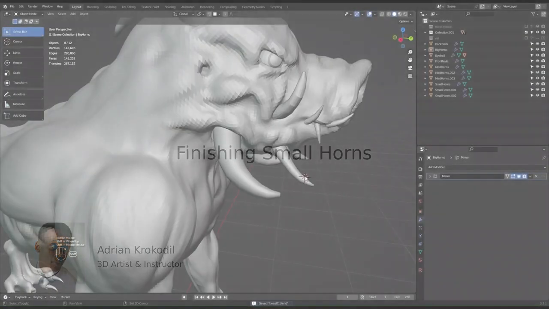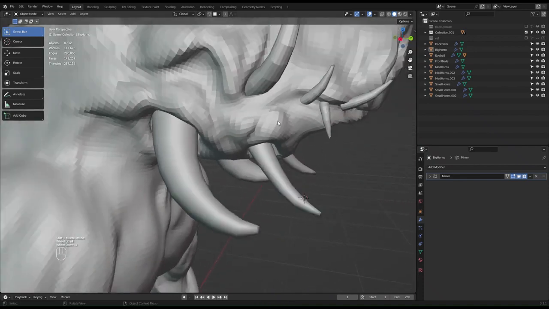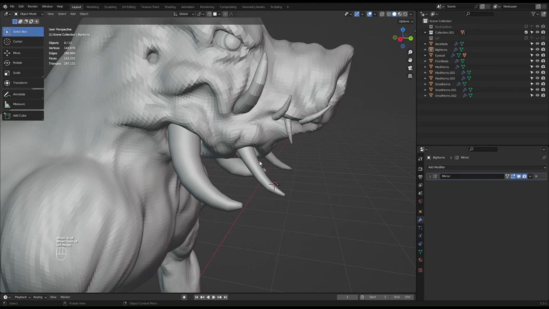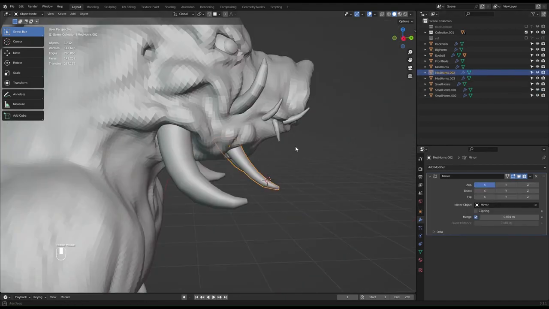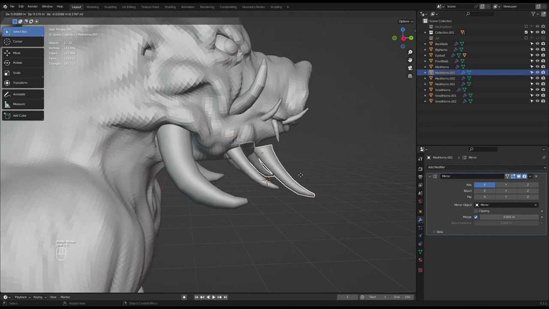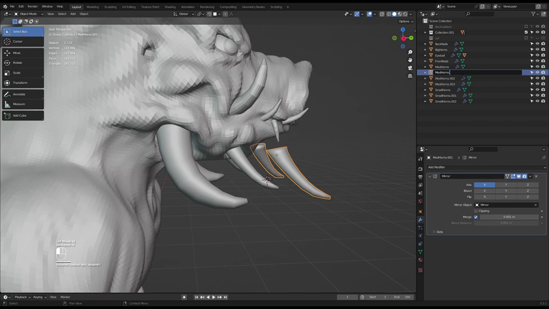Alright, let's continue and do these small ones over here. Sweet, so we have the medium ones. I'll probably do a copy again, and then I'll just rename it as small horns. So that is small horns,